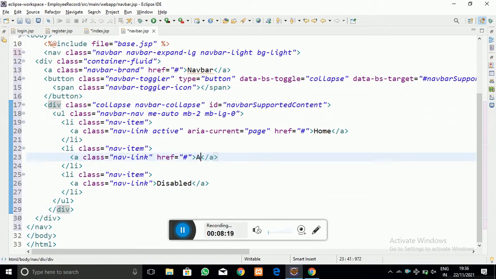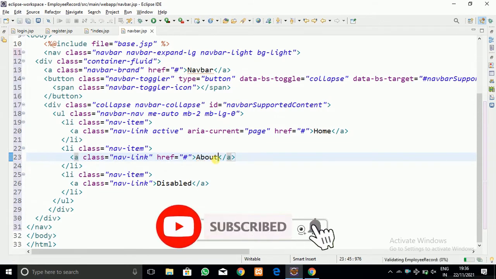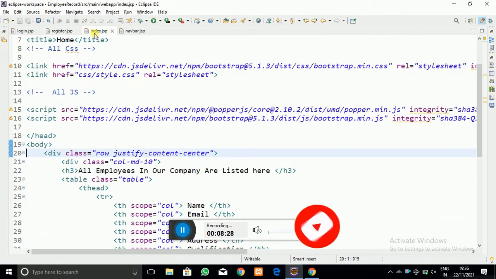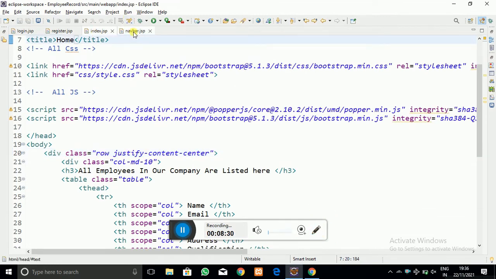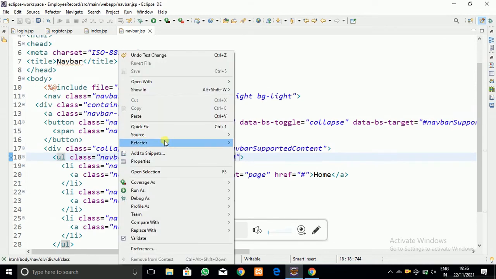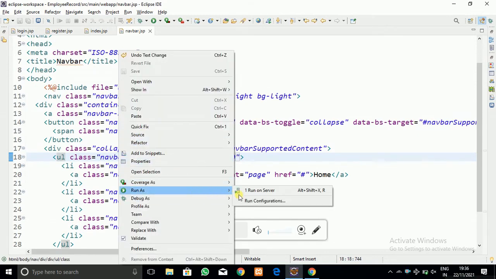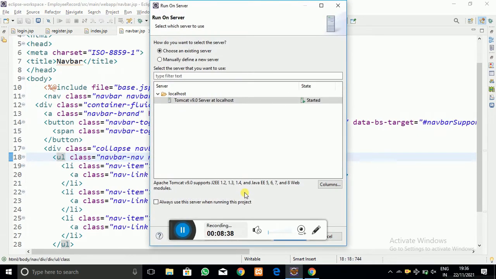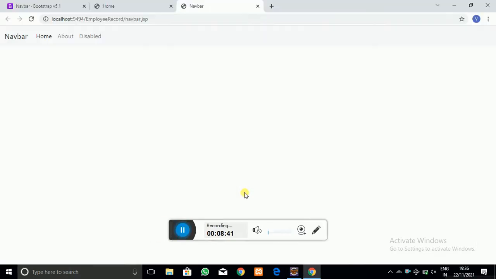So here I am going to write about, so I have created the link of the home and about. Let me first of all run it and see how it looks, and then I will modify it again. Here you can see in front of you the navigation bar appears, which looks like this.